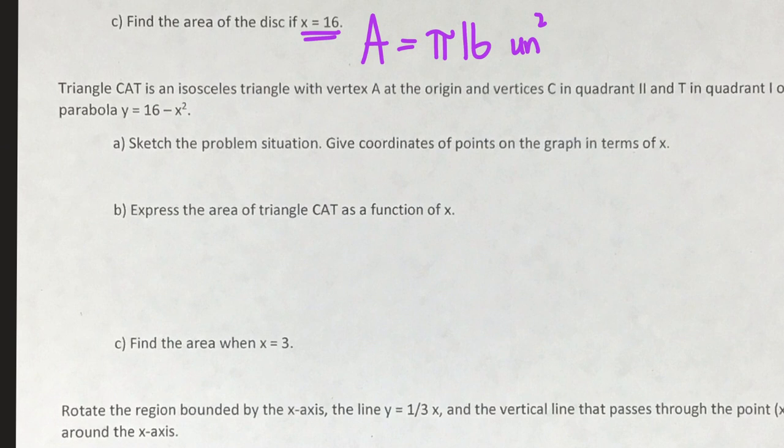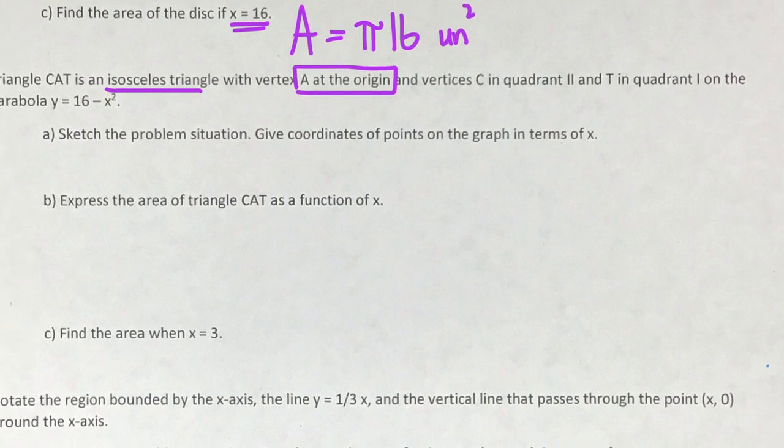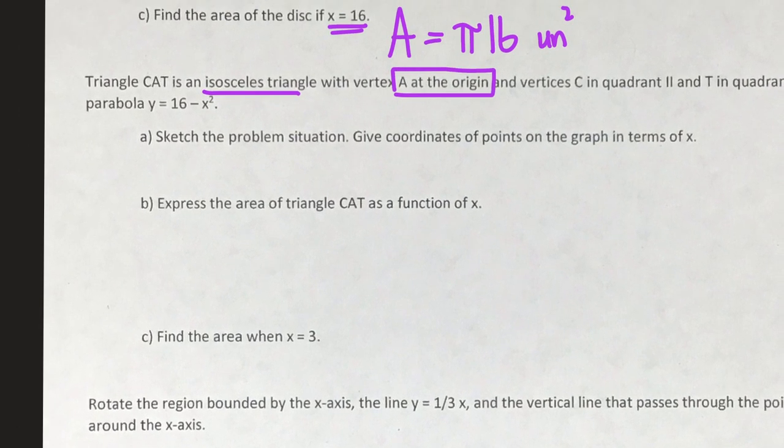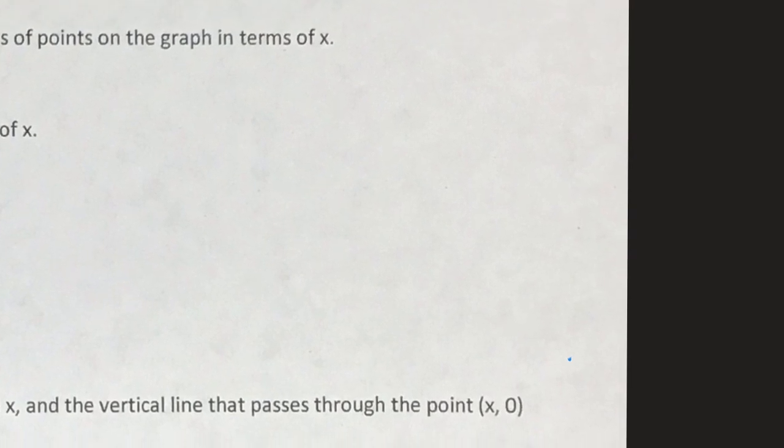Okay, so here I have triangle CAT, and so we know it's isosceles. It's an isosceles triangle with vertex A at the origin. So A is at the origin, and vertices C and T are in specific quadrants on the parabola. So here's your algebraic portion, right? We have this parabola called 16 minus x squared. So if you remember your algebra 1, and I know that you don't, but we should remember your algebra 1,